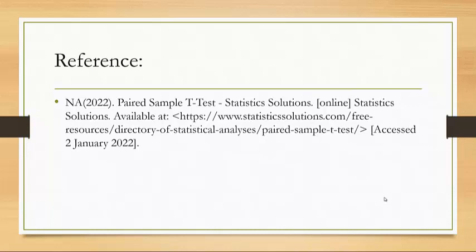Similarly, if you want to check, let's say, the impact of capital structure on the profitability of the company, capital structure and profitability belong to the same company. So whenever we have two sets of data that are paired to each other, where if you change one on the right side, the same data on the left side will also change, even in this case we can apply the paired sample t-test.